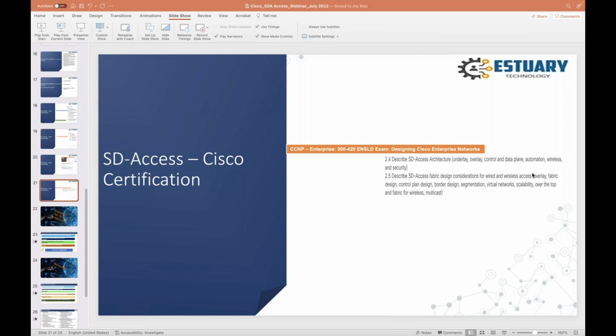If you are looking forward to getting help, let's say you want to get SD access related document, or you are not able to get some clarity on a particular terminology or technology, or let's say you are not able to understand how Lisp works, even though we are giving you lab demo or you're practicing, but still you're stuck somewhere in real time, not in the lab, we will be available there.